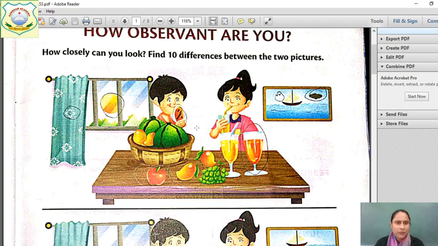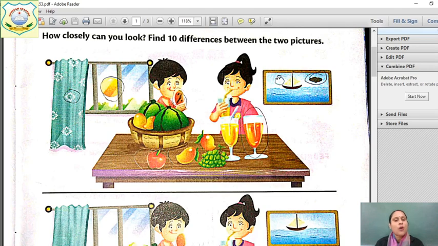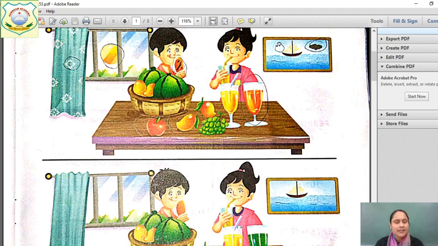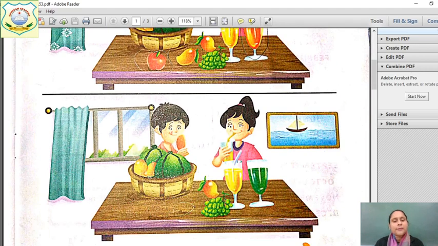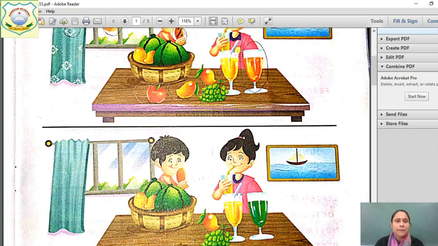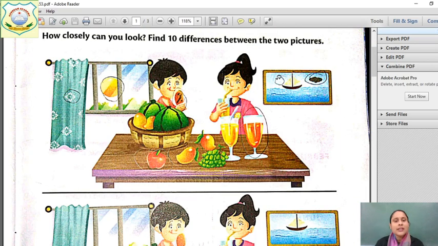Now children, when we proceed this side, here you can see this boy, he is eating, enjoying an ice cream which is having a black spot on it, whereas in the second picture of yours, there is no such difference on the ice cream, right? So the pattern on the ice cream is different. So take a color pencil and just draw a circle on it. Okay, now I hope you all have marked these three differences.